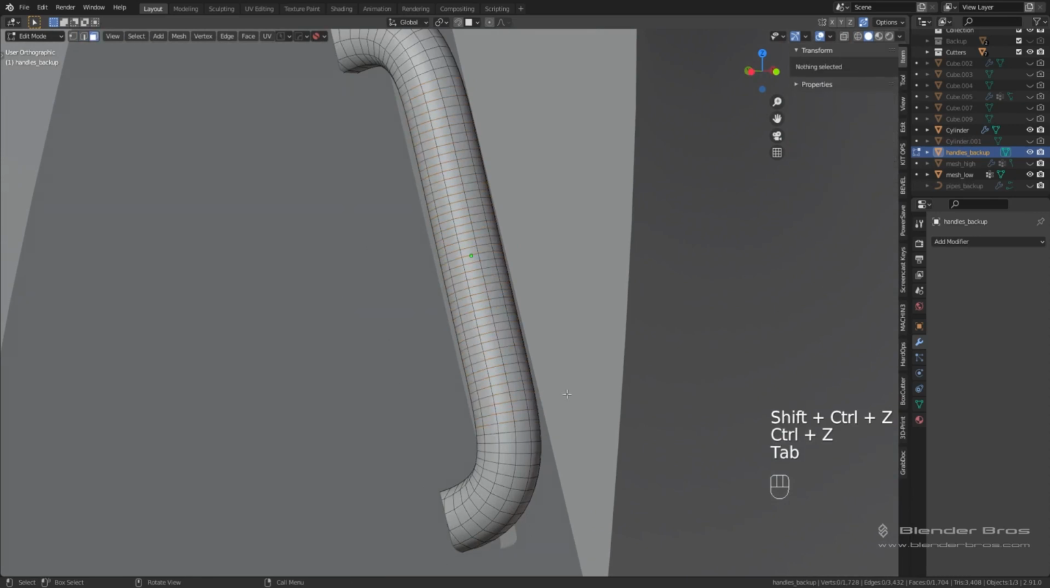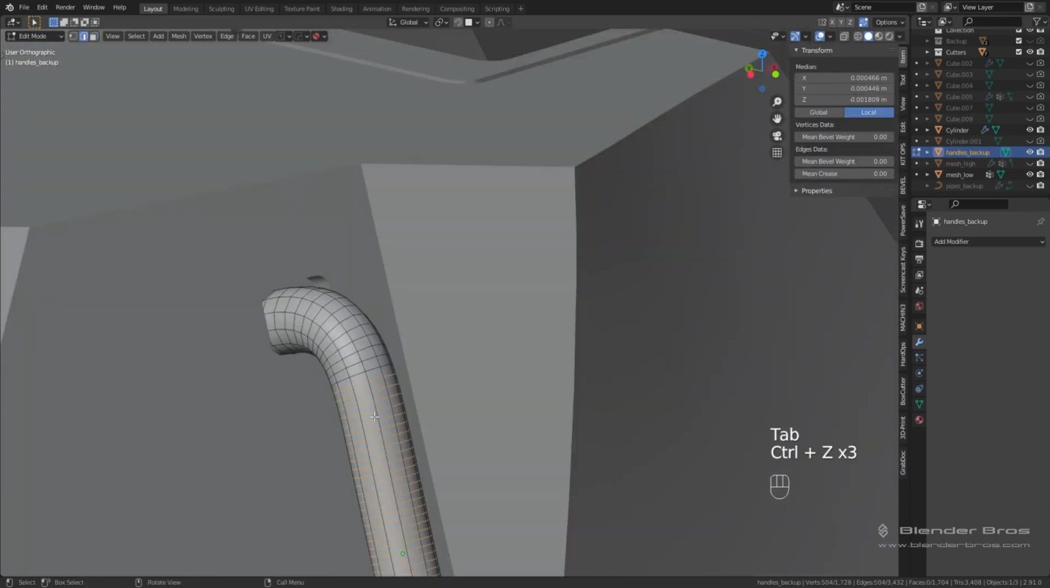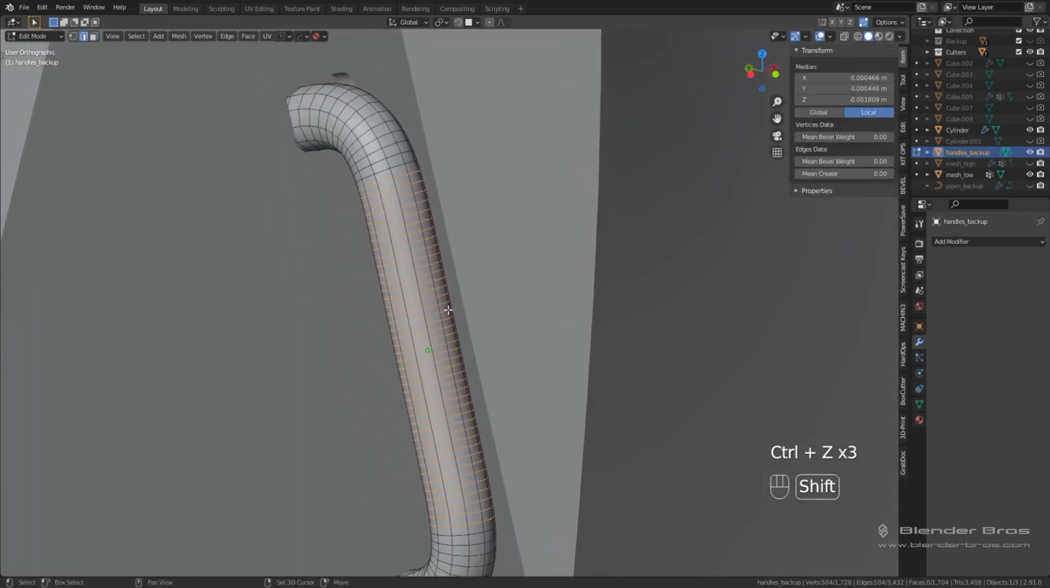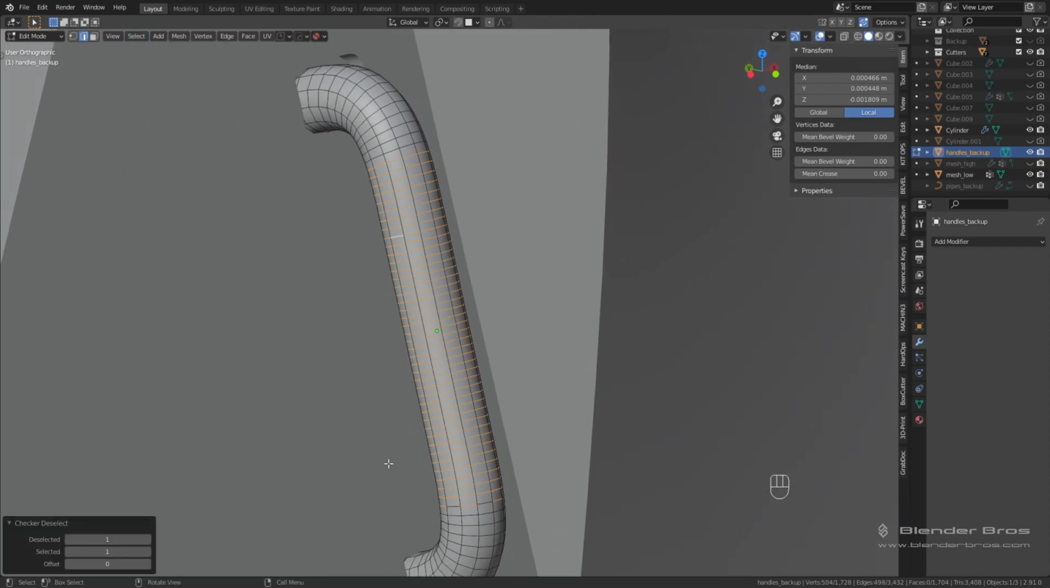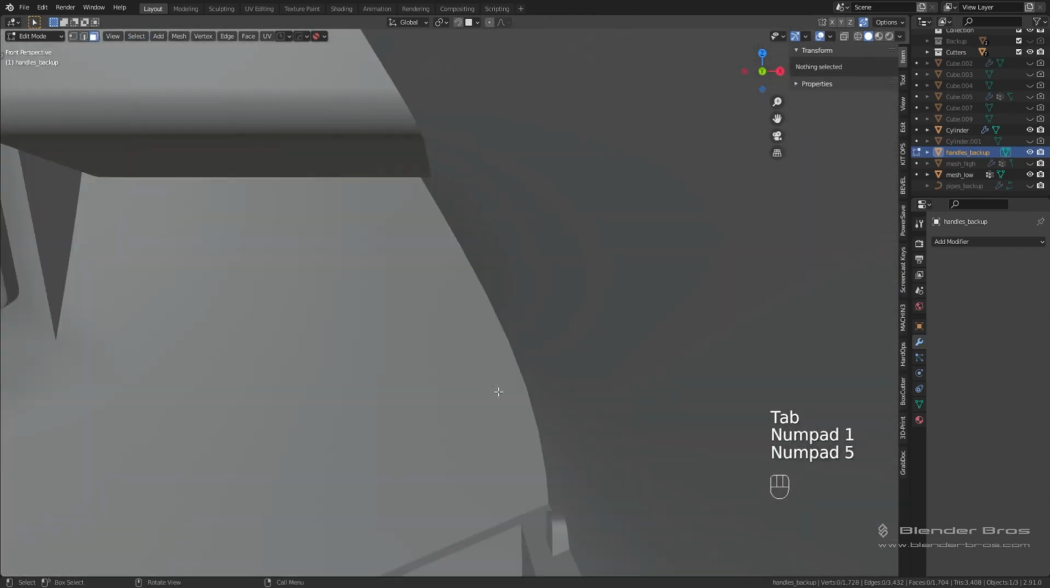And that's not what I expected to happen. I guess checker deselect doesn't want to work with us that way, so what else? I don't want to have to do this manually. There's got to be an easier way to do this. So checker deselect doesn't seem to want to work with us. So what I'm going to try instead